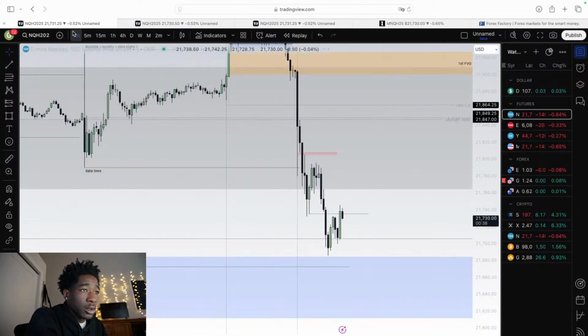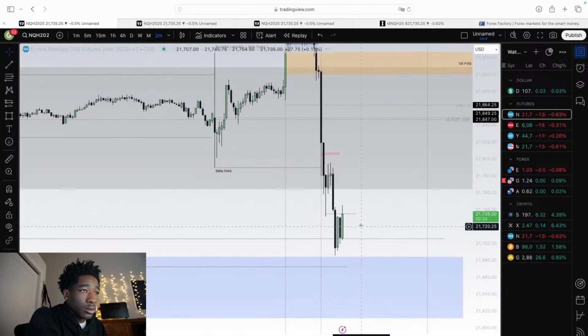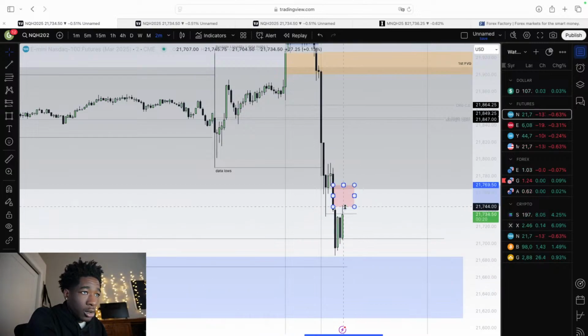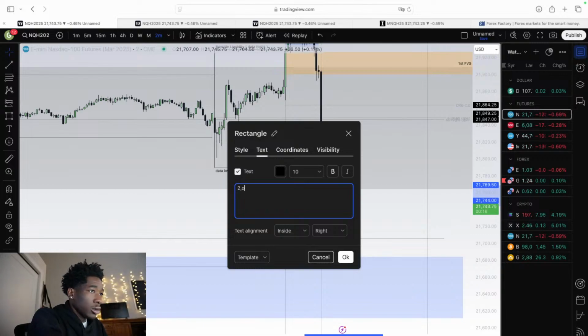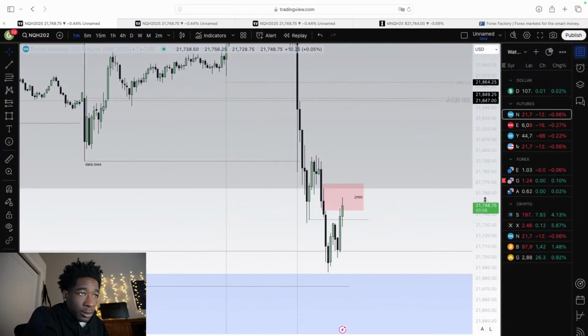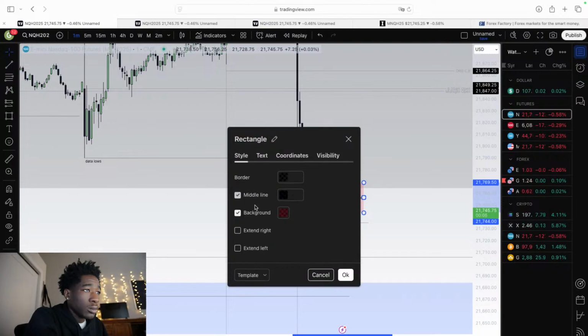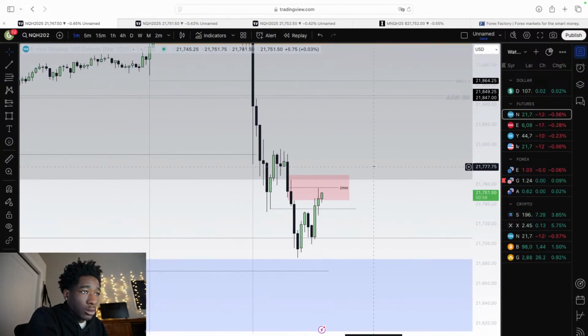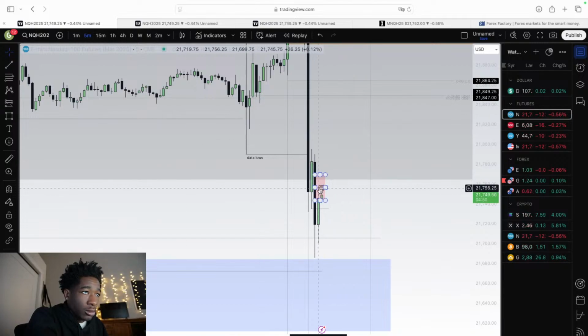We don't have to. If we're bearish, this candle should hold, but